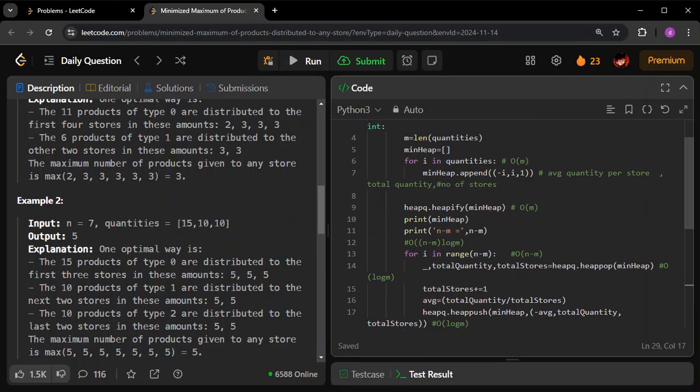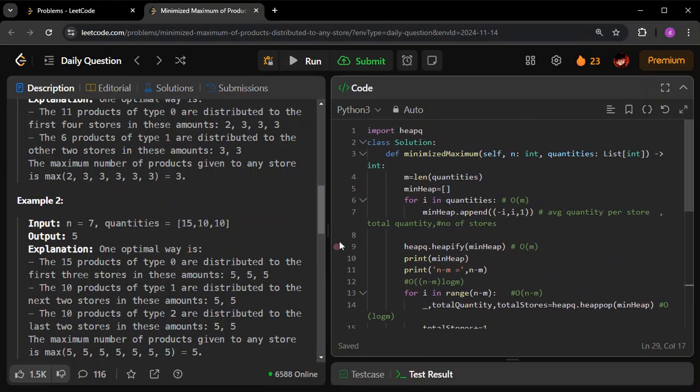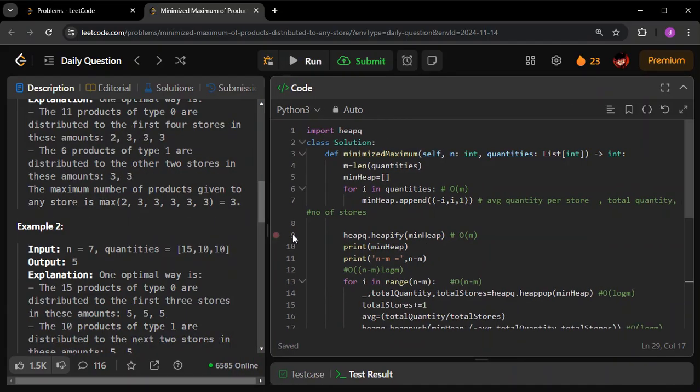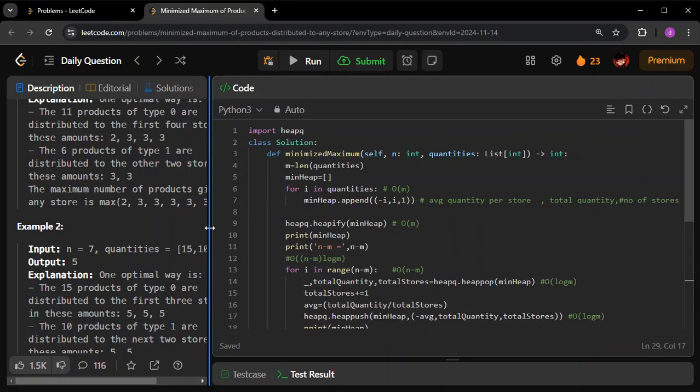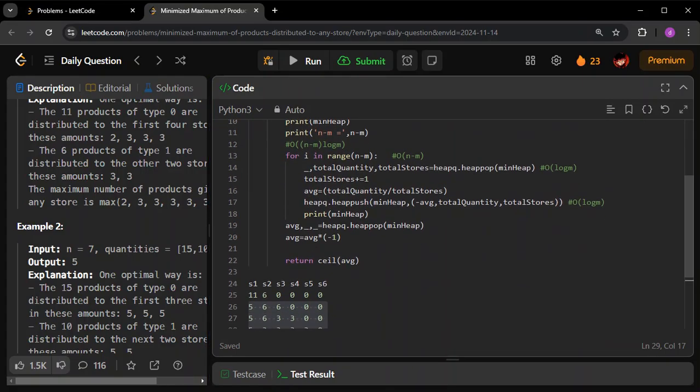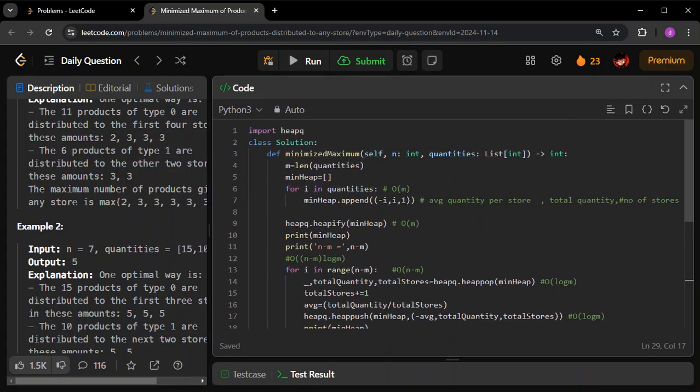So let us see what we are doing in this solution. As I mentioned, this is going to be tricky. I agree with you that this is definitely tricky. But LeetCode wants us to learn this, so we have to learn this, right? As simple as that.